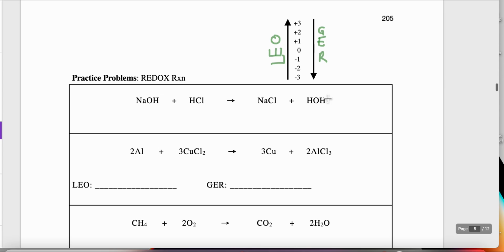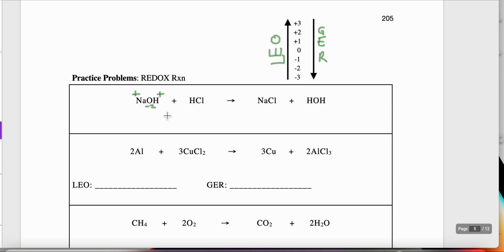So here we go. First job to figure out if it's a redox reaction is to assign oxidation numbers. In NaOH, it's a compound. So Na, group 1, it uses a +1. I see that there's hydrogen present. It's bonded to oxygen, a nonmetal, so it uses a +1. The oxygen needs to supply enough charge to cancel out the +2 supplied by the Na and H,